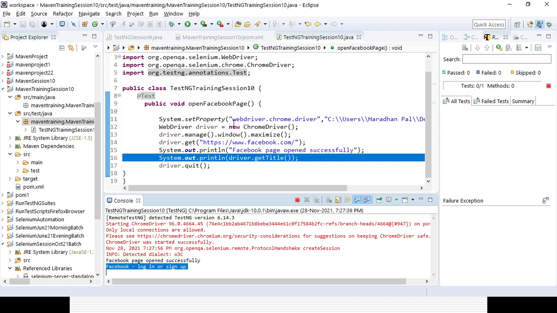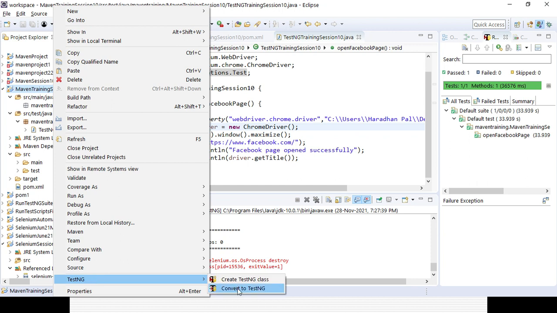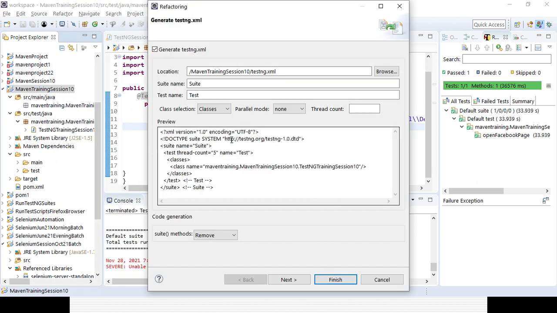Now I can convert the project to TestNG, as you already saw in the last project. By default that is my suite name, and I can change the name here, TestNG suite. I can also change the test name, TestNG test, and this is my package name, which is the group id.artifact id, and this is my class name.